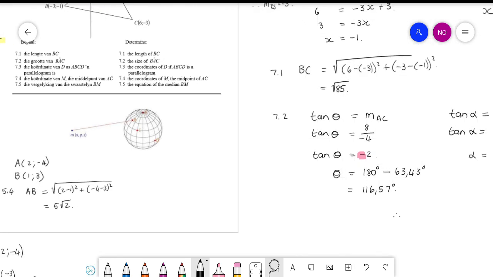En ek het dit gister op die video ook gesê, wanneer jy besig is met analities, moet jy die redes byskryf. You have to write down the reasons as well. So the angle BAC, which is the one we're trying to calculate,